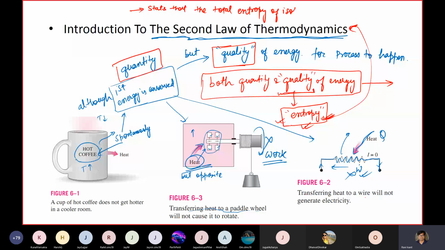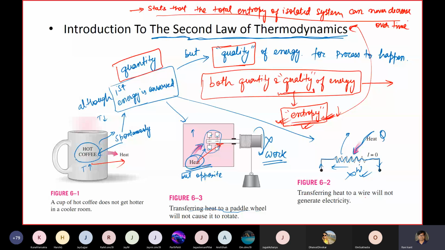So from this to this or this to this, something is happening. Okay, some new quantity that is being described as entropy, and it should never decrease for a process to happen. Okay. So we'll not go into details, I've just written this statement, and we'll take up this statement in a broader sense whenever we study entropy in broader perspective. Okay.